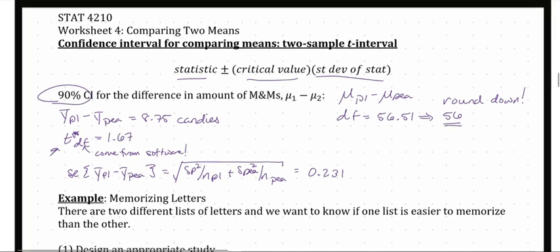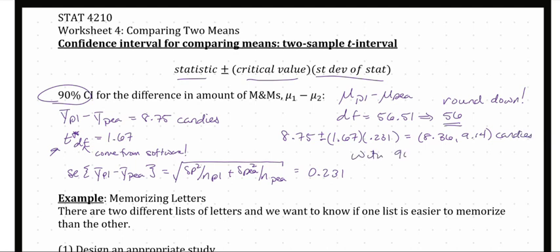So I'm going to take my sample difference, 8.75, plus or minus 1.67 times my standard error, 0.231, and I get a confidence interval of 8.36 to 9.14 candies. This tells me with 90% confidence,